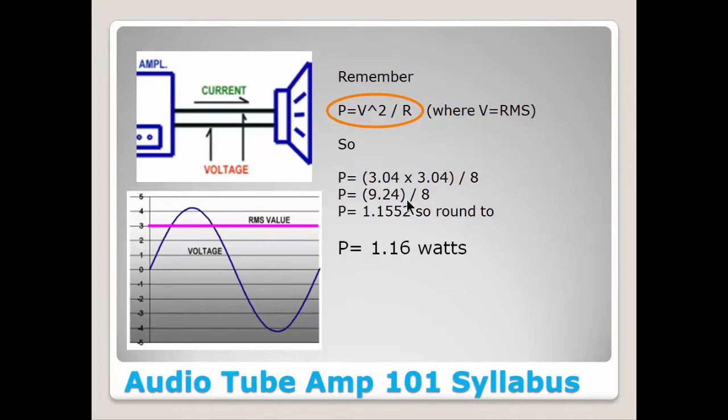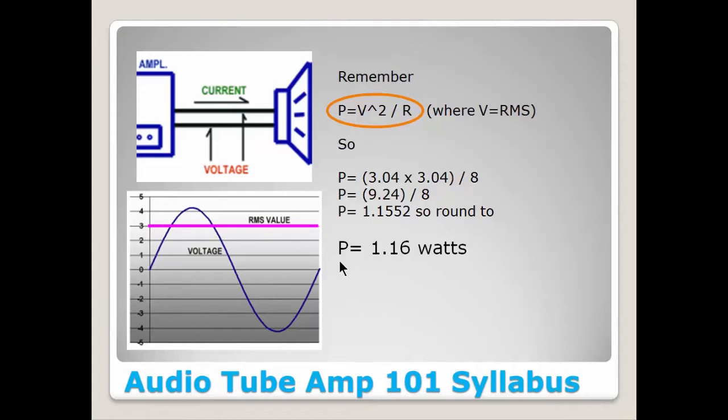So 9.24 divided by 8 is equal to 1.1552 watts. So we'll round that to just say basically 1.16 watts. Okay, that's pretty simple math, and using the RMS value, which was pretty simple to get to, we have now